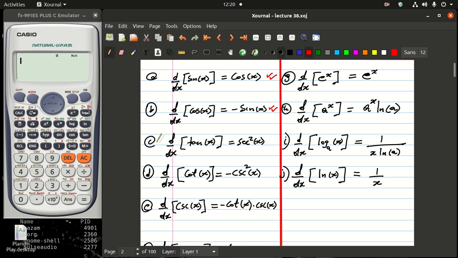And then when it comes to c, because this one is sine divided by cosine of x, we used what we call the quotient rule to prove that the derivative of tan of x is secant squared of x, and the derivative of cot of x is minus cosecant squared of x, and the derivative of cosecant x is the same as minus,